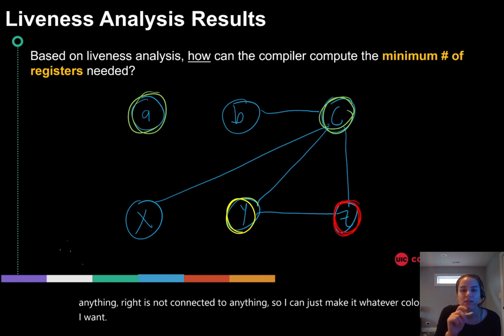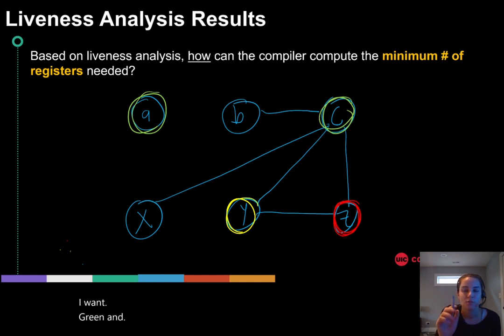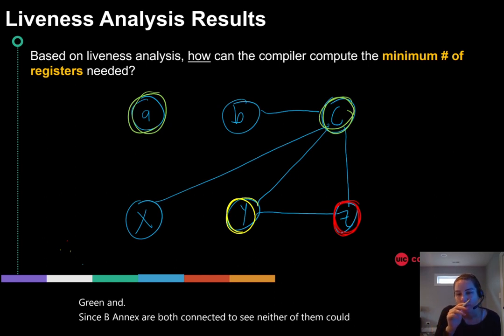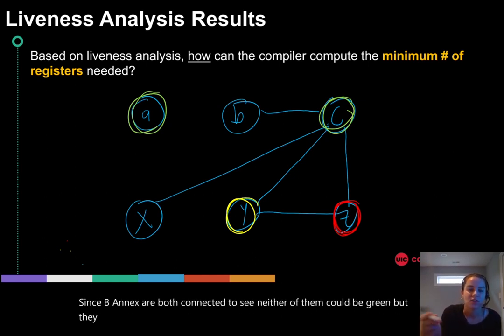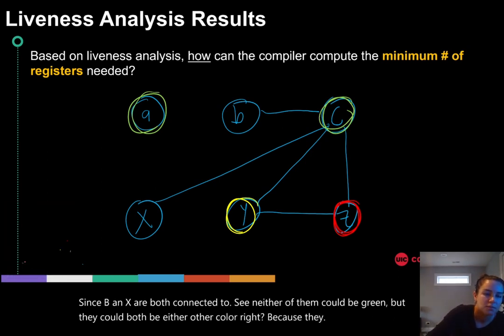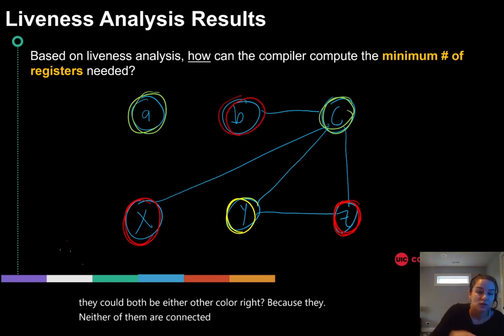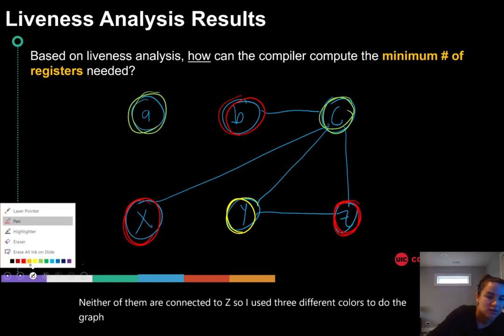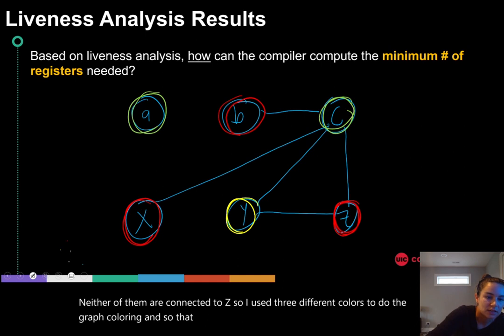Green, and since B and X are both connected to C, neither of them could be green, but they could both be either other color, right? Because neither of them is connected to Z. So I used 3 different colors to do the graph coloring, and so that is how we know